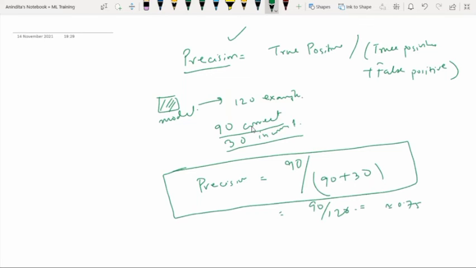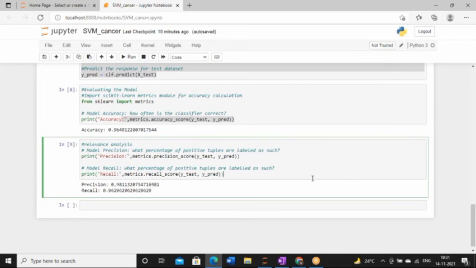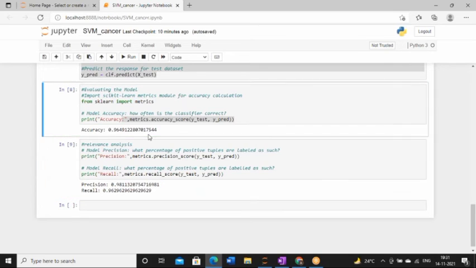So got the idea about this precision? Okay. This is the very basic concept of precision. That's why identifying true positive and true negative values is very much important. Anyways, we will try to calculate all this later on.